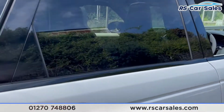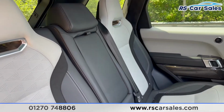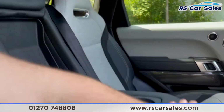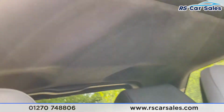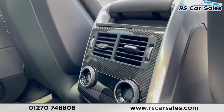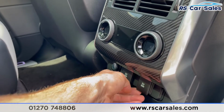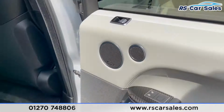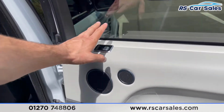Go to the rear, show you bits of the interior. As you can see, we do have the full leather seats throughout with the suede accents, the ISOFIX point, the pull down armrest with 2 nice size cup holders and a little bit of storage just there. Looking up, you do have the suede headliner, a nice addition to have. You also have your carbon fibre interior pieces, so in the centre of your climate control, 2 USB ports just there with 12-volt connectivity. On the doors you have your integrated premium Meridian sound system with your electric windows and